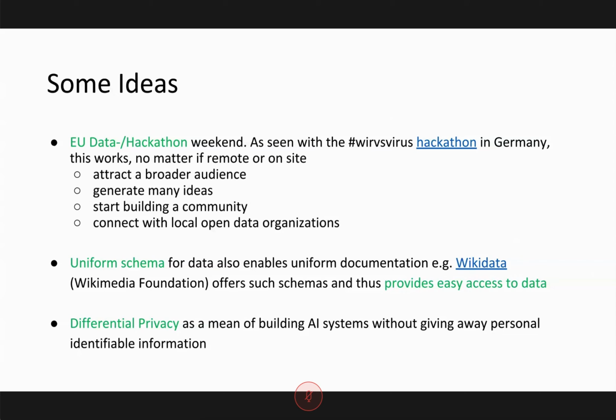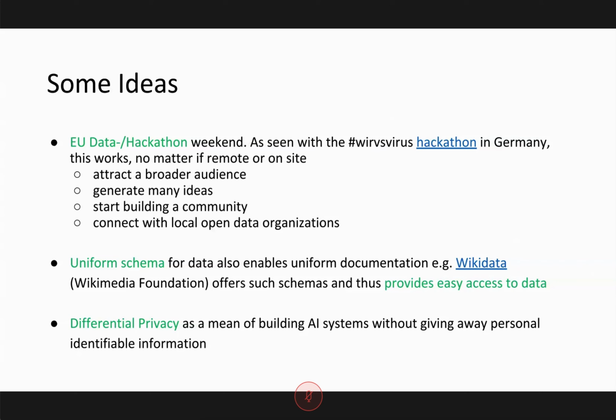And of course, not all of these are going to be implemented or brought to life and lived for very long. But at least what I saw, there are some pretty cool ideas which came up and are going to be followed in the future, and also just needed this platform as a kickstart for them, and to give them also an audience and to connect with the other organizations. Another part is this uniform schema, which always helps.